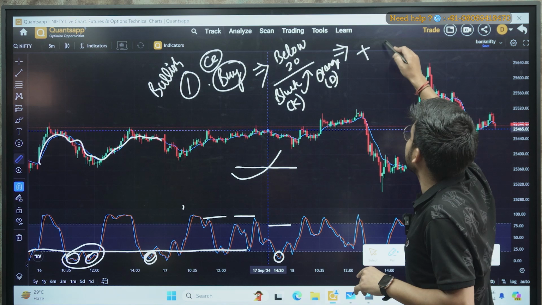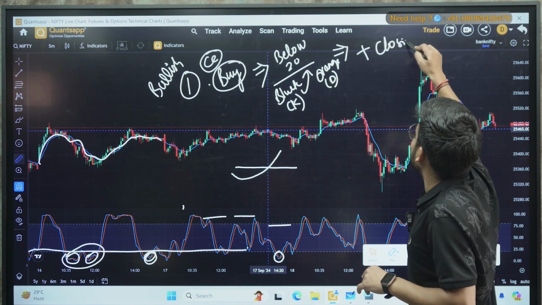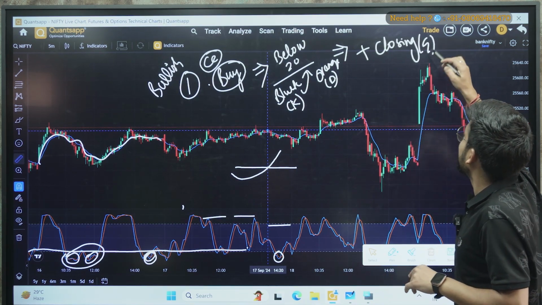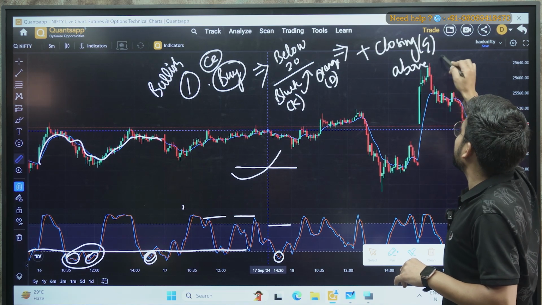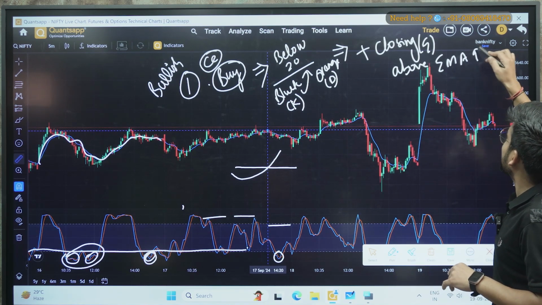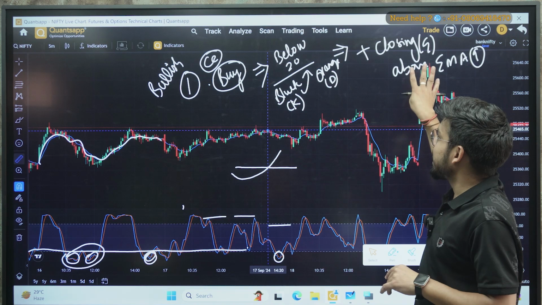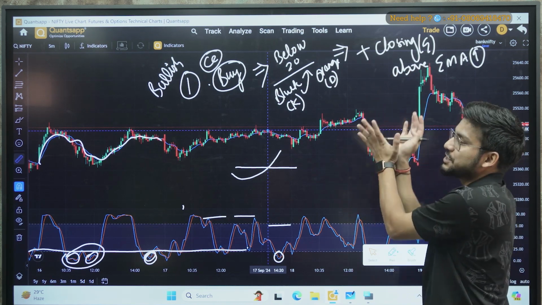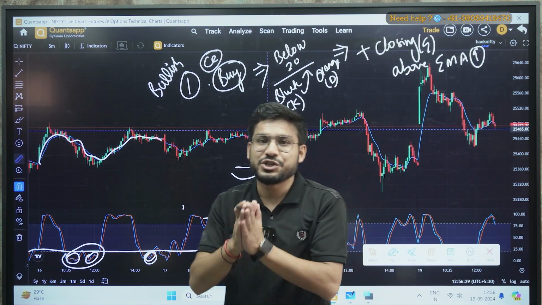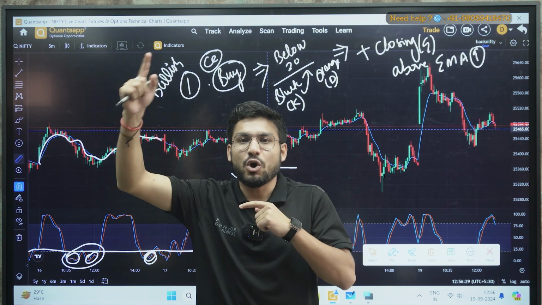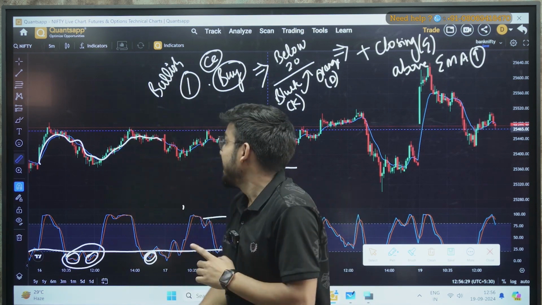So what is the second condition? Closing of green candle, in bracket green, above EMA 9. Okay, EMA 9. So that is my second condition. Whenever these two conditions are met, then I'll initiate my trade in the call buying or in the bullish direction, right? And similarly for